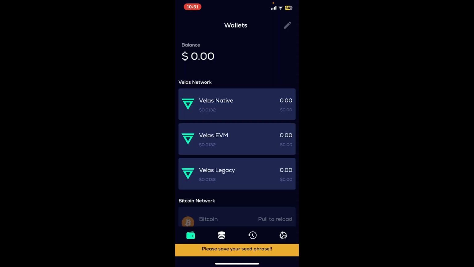Now, as soon as it does, you'll need to save your seed phrase. Simply tap on this yellow highlighted text at the bottom where it says, "Please save your seed phrase." Once you tap on it, it will reveal your seed phrases in the correct order. Copy the seed phrases and write it down in a piece of paper in the correct order and tap on